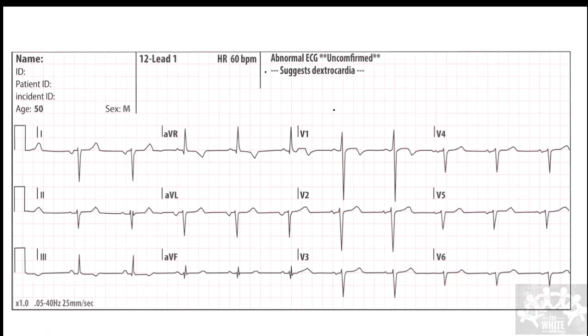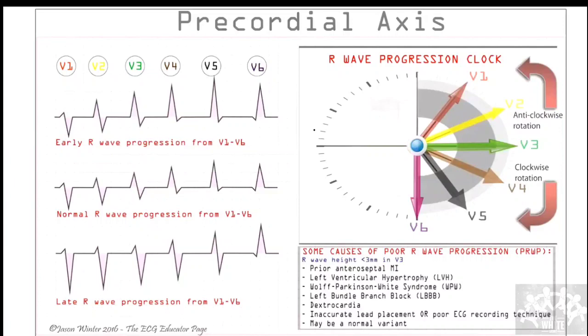So this is the concept of R wave progression. That means I'll show that here. So this you will understand now. As I'm going from V1 to V6, you see here the R wave is increasing in amplitude, which is normal, and the S wave is reducing in amplitude, which is normal. Correct? So this is absolutely normal phenomenon.